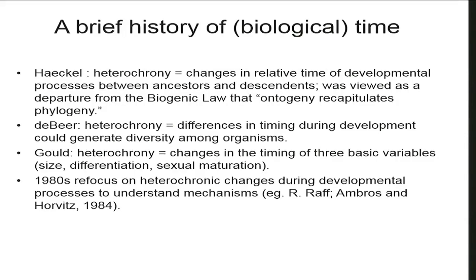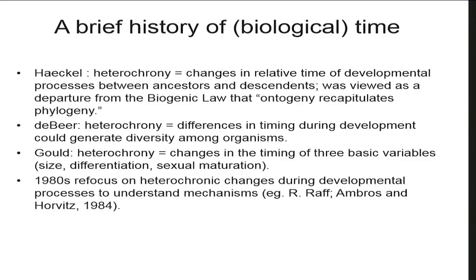De Beer really elaborated how heterochrony, differences in timing of some of these processes in development, could actually create large amounts of diversity among organisms. You just keep one developmental process on longer, and you can really change the phenotype of that animal relative to an ancestor. Gould reviewed this area and emphasized that size and differentiation and sexual maturation could be independent variables in terms of these clocks. But there was a refocus, and sorry for this very brief history, but there was a refocus more recently,